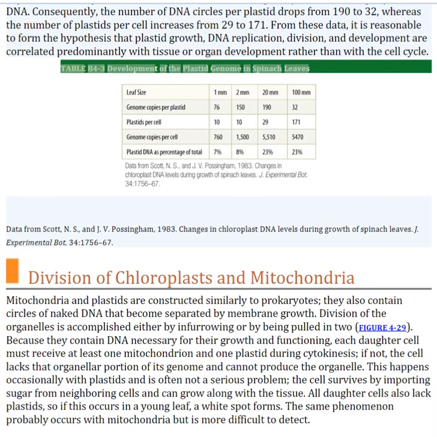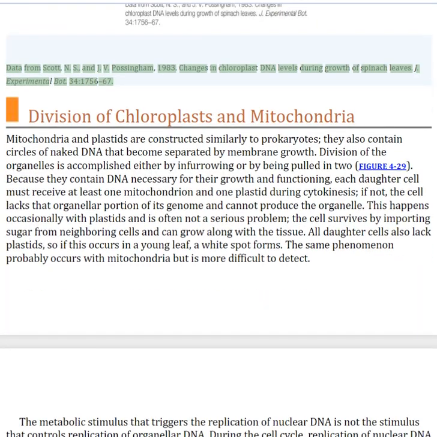Table B4-3 Development of the plastid genome in spinach leaves. Data from Scott, N. S., and J. V. Possingham, 1983. Changes in chloroplast DNA levels during growth of spinach leaves. J. Experimental Bot